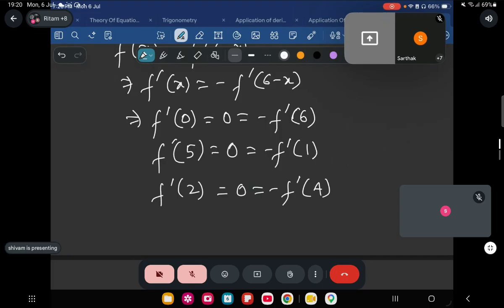If at f dash 3 we're getting minus f dash 3. See everyone, f dash 3 is equal to minus f dash 3. Okay, so from here, can I say that f dash 3 is equal to 0? Yes, f dash 3 is also equal to 0. So there are how many roots of f dash x? Tell me. Plus 7. This implies there are 7 roots